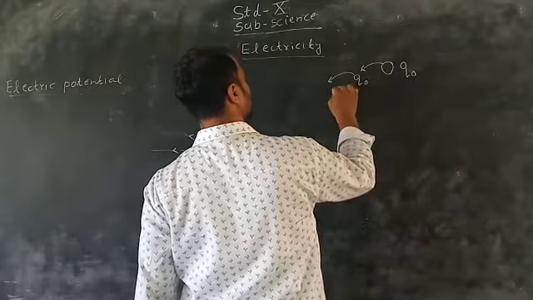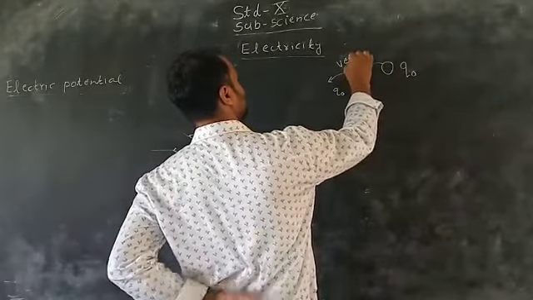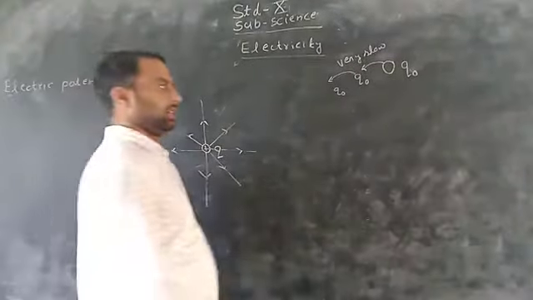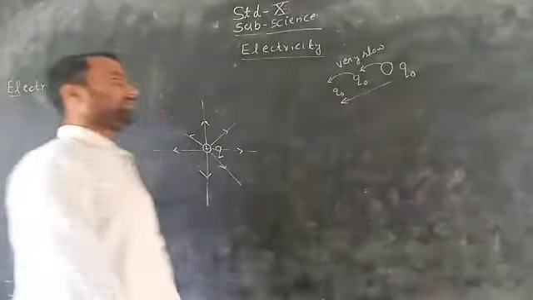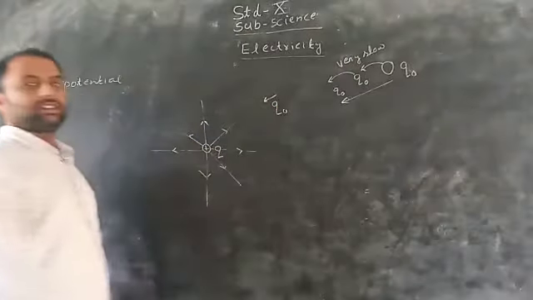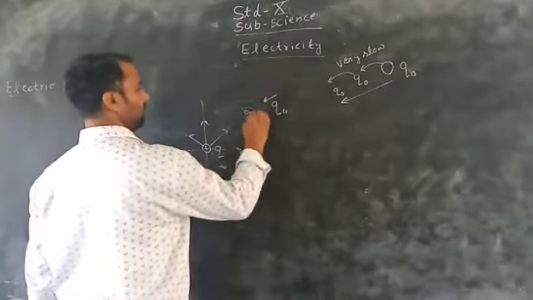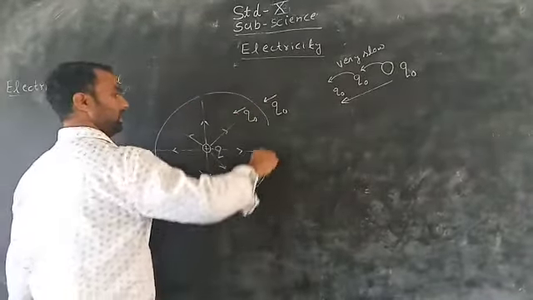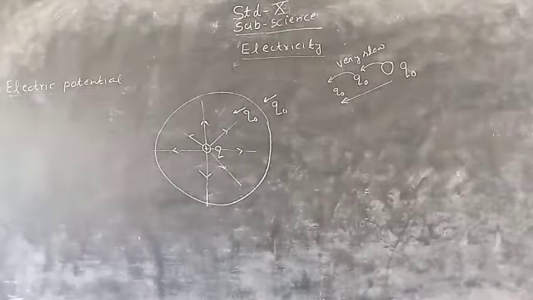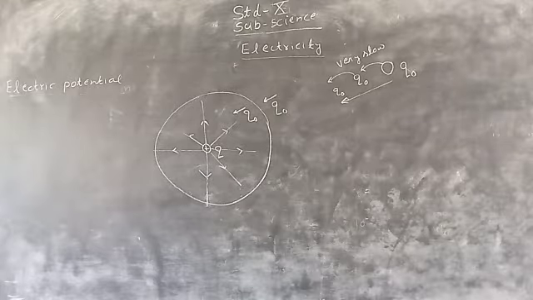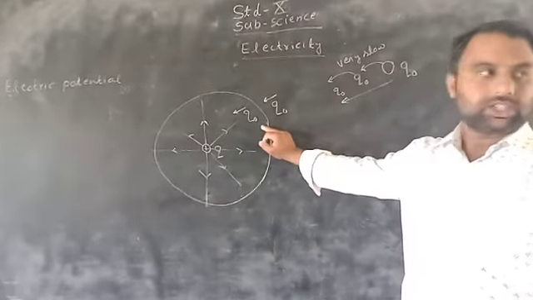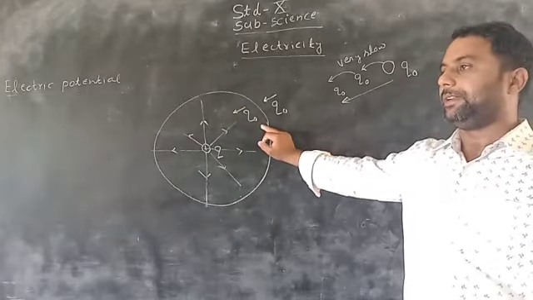moving very slowly from here, at one time this charge is here, and after some interval of time this charge is here, and here. We see that this external charge creates its own electric field, and if any charge goes into this electric field, then this charge experiences an electric force,